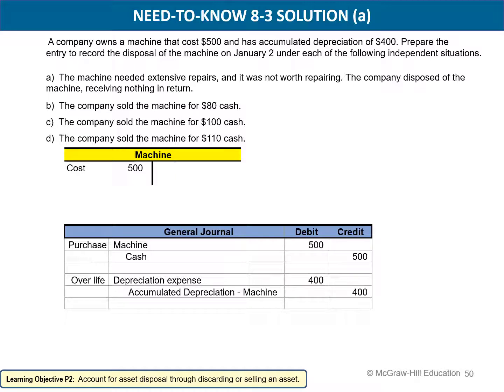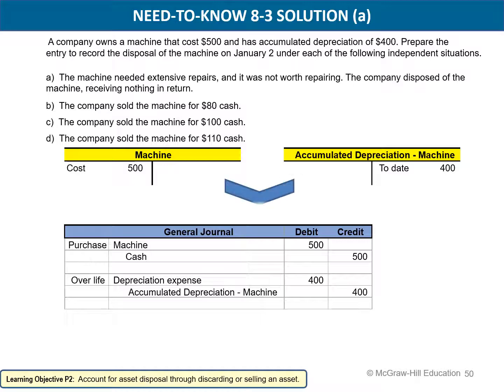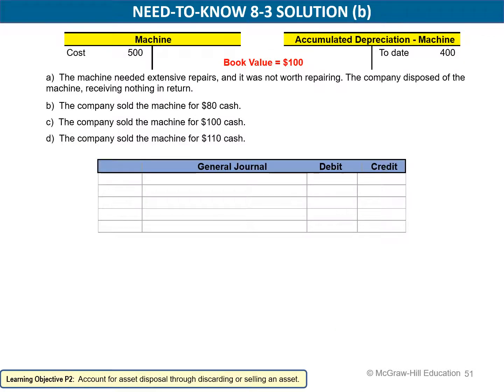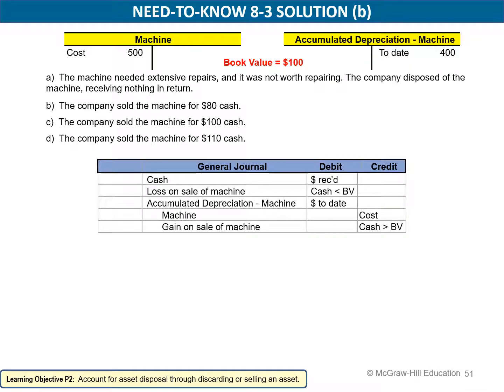So we have depreciation expense of $400 and accumulated depreciation, machine, $400. All right, so that's to date. So our book value is $100. So knowing that, in letter B, when the company sells the machine for $80 cash, we're going to record the